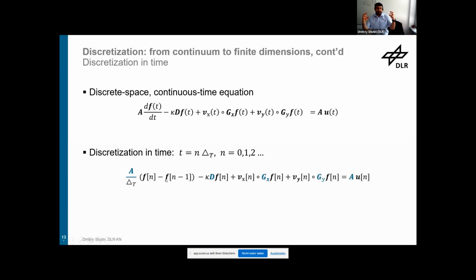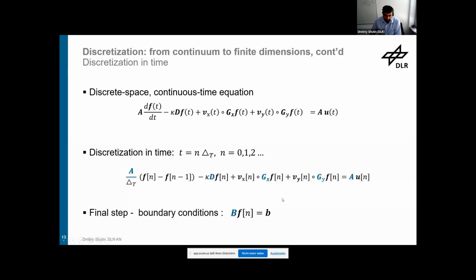So we now have a state space representation, which is no longer a partial differential equation, but a difference equation in space and a difference equation in time, and the vector describes our discretization in space. That starts to look a little bit more like the classical Kalman filter state equation, right? We have a state at time n, which depends somehow on the state at time n minus 1. So this is the direction in which we are going.